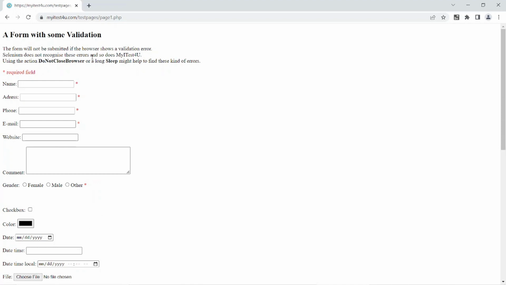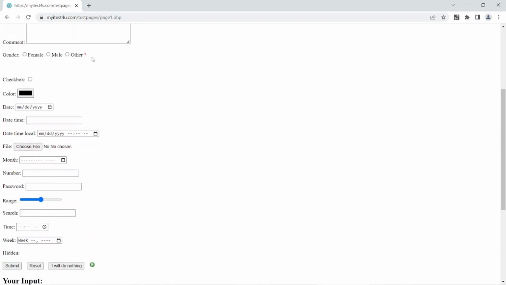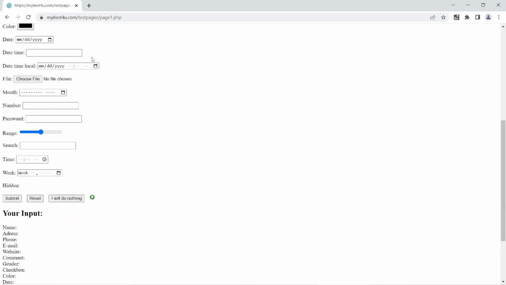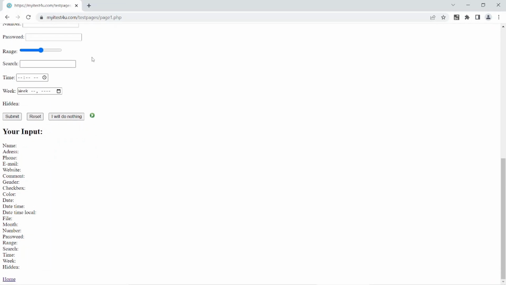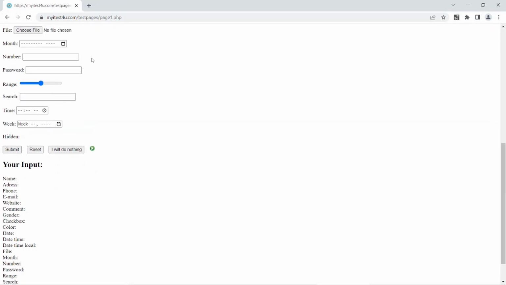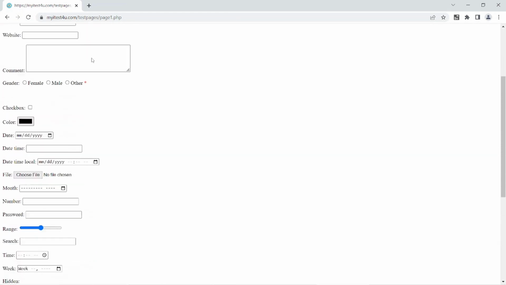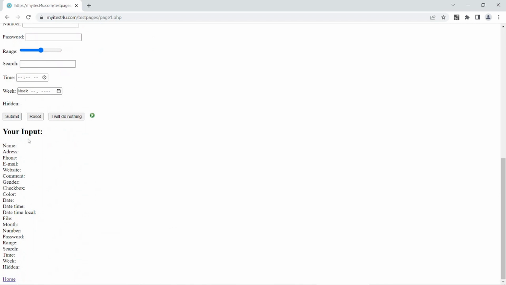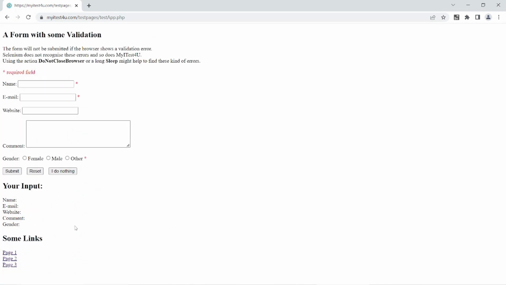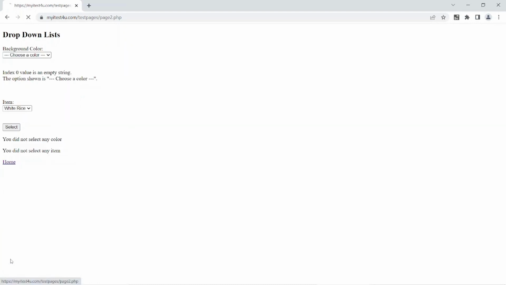The second page has just another form. This form is bigger. It contains most of the input fields used by HTML5. And again, you can submit the form, and it will behave the same as the first page. As a link, so you can go back to the first page,